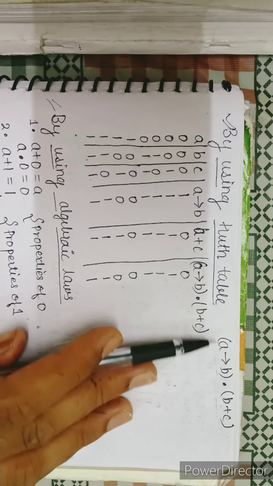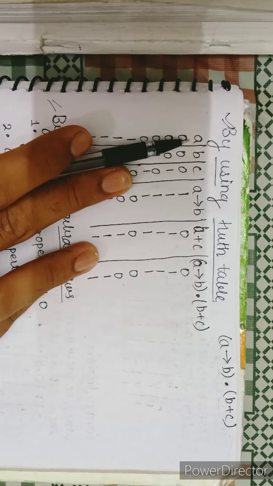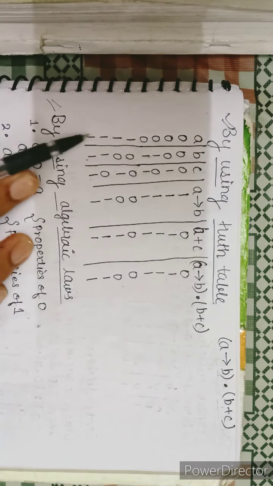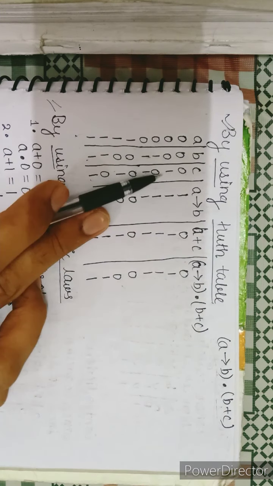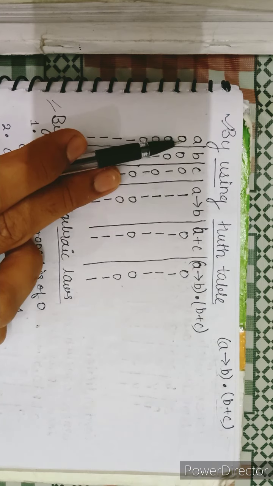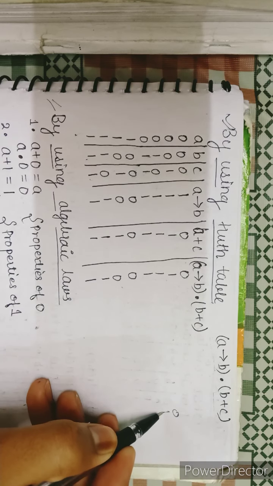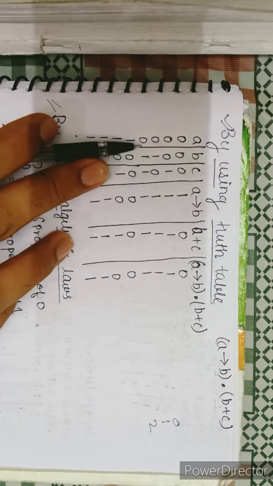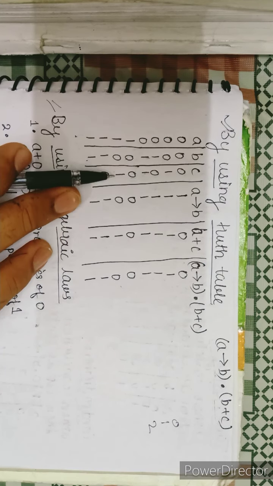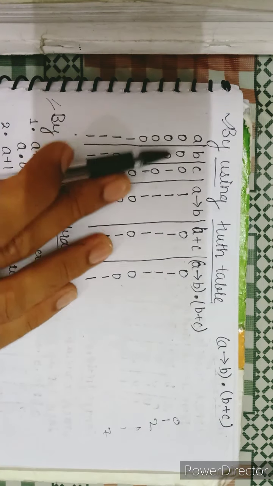Here we can see three variables, a, b and c. How can we make the truth table for three variables? In a, there will be four 0s and four 1s; in b, two 0s and two 1s, repeated; and in c, 0 1 0 1 0 1 0 1. As we can see, 0 0 0 is binary equivalent to 0, 0 0 1 is equivalent to 1, then 0 1 0 is 2, then 3, 4, 5, 6 and 7. So 0 to 7, three variables are there.